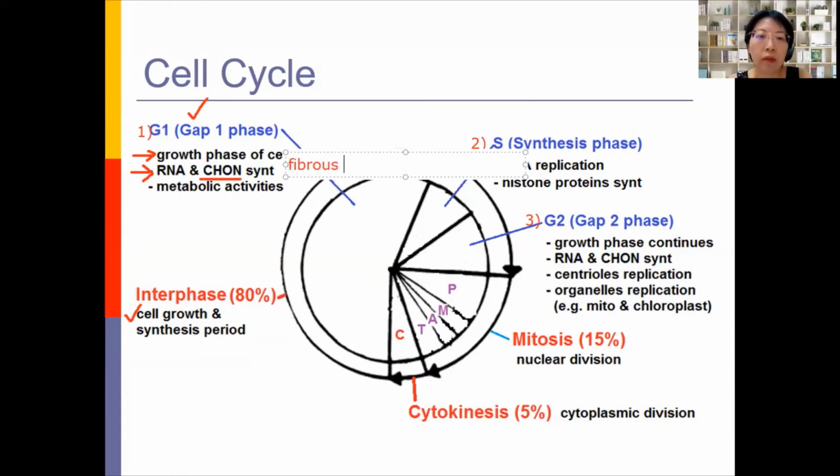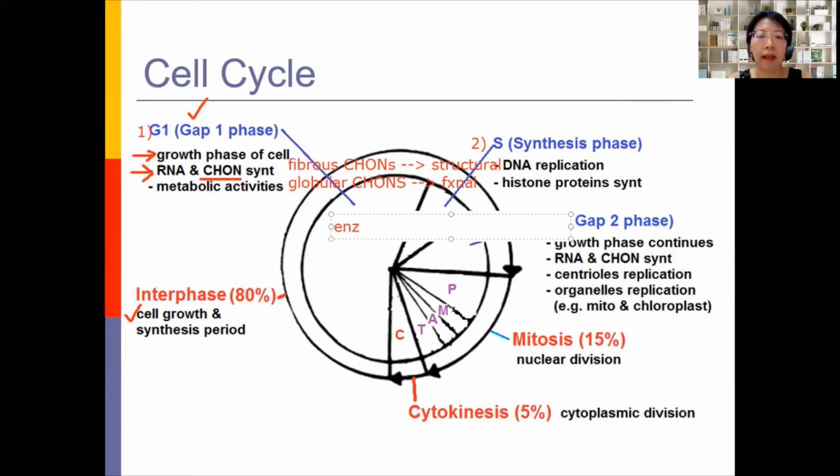You have learned two types of protein, so you're putting everything together: fibrous proteins or globular proteins. Fibrous proteins provide structural support to the cell, like microtubules and microfilaments. Globular protein is the functional protein. Fibrous protein is the structural protein. Functional proteins in the cell, you name it: enzymes, carrier proteins,